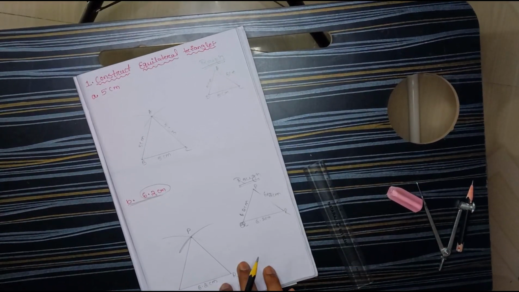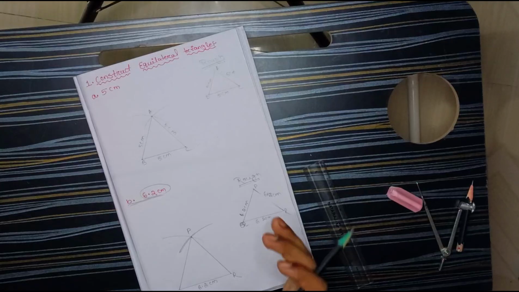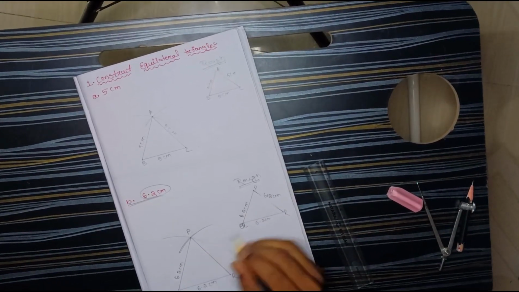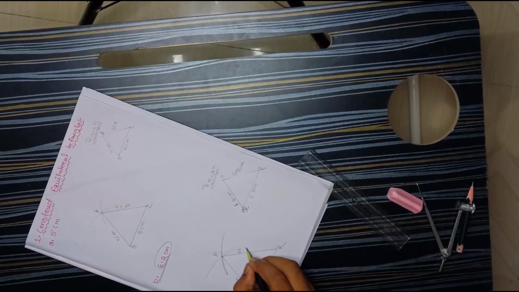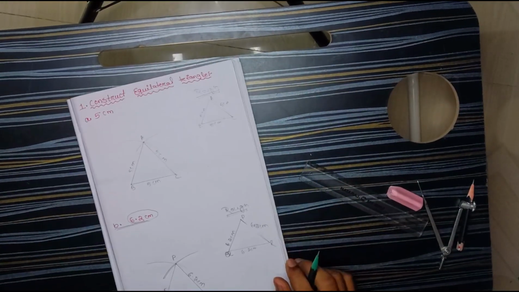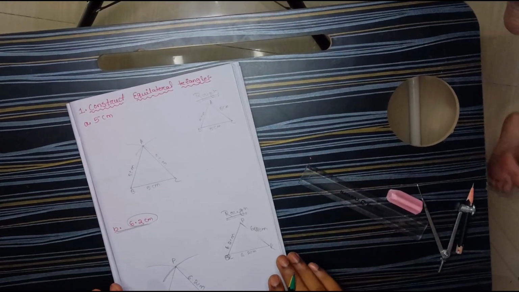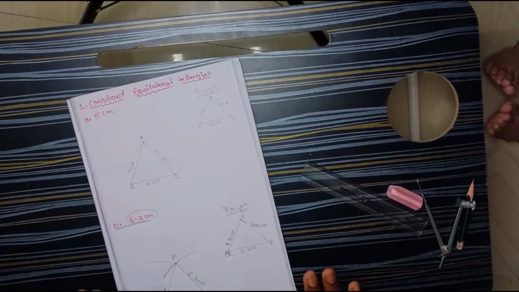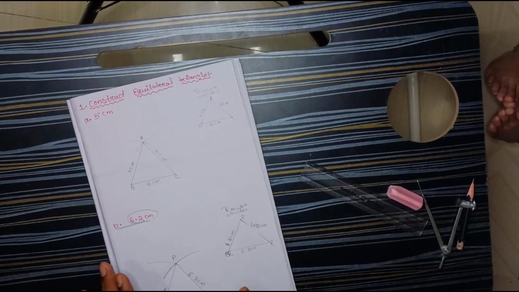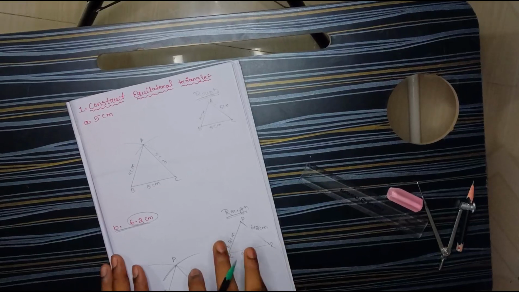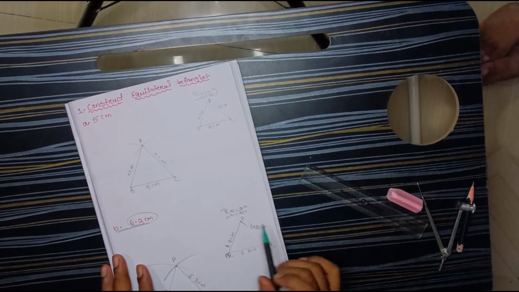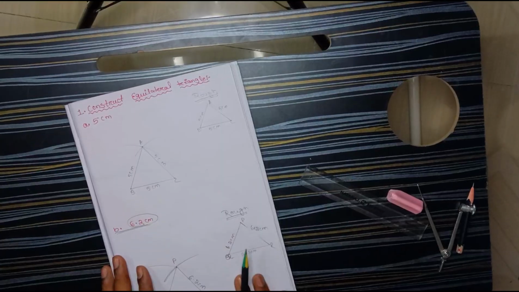But you have to do it like this way only. Okay, so this one is 6.2 centimeter and this one is also 6.2 centimeter. So following this way, you should draw your equilateral triangle. And one thing you should remember: every triangle you can draw this way, but what triangle you should draw, you have to read carefully. If equilateral, then all sides are equal.